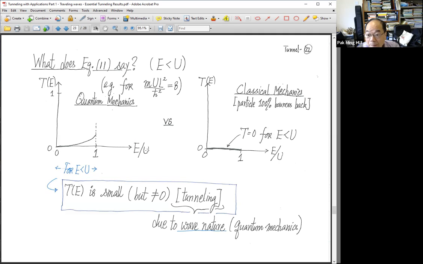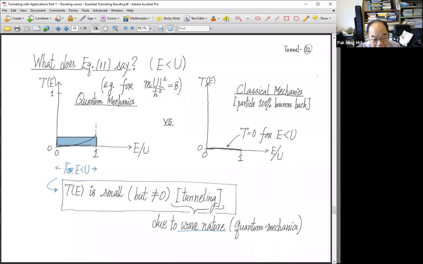Energy is below the barrier, all right? Then I can plug the formula in and then draw a line, okay? So quantum mechanically, we see something like this, it is very small actually for any reasonable parameter. For this example, you plug a combination of variables to be a number, and then you can plot it out, mathematically, whatever, okay? So it is small, but it is not 0,